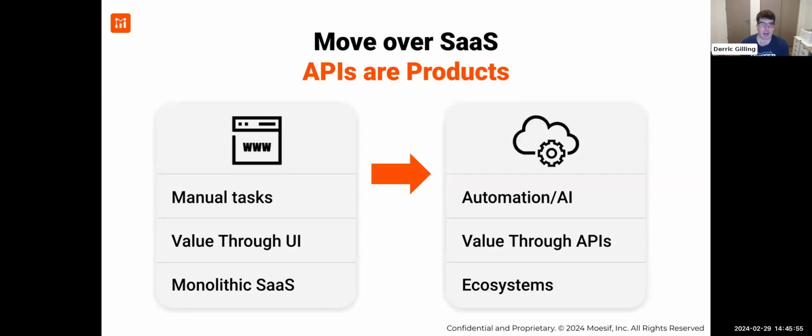Awesome. So why are we talking about observability for APIs in particular? What we've noticed is this trend towards SaaS to APIs. And so what used to be done through manual tasks and done through various UIs can now be done through automation. And a lot of the value is now being delivered through APIs. I'm going to be speaking a lot on how do you actually measure that value through your APIs throughout the